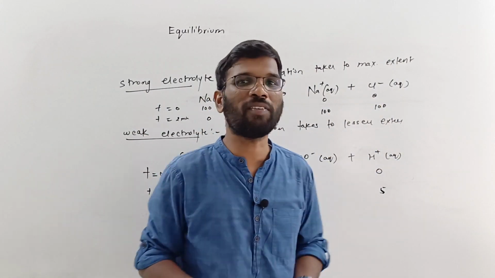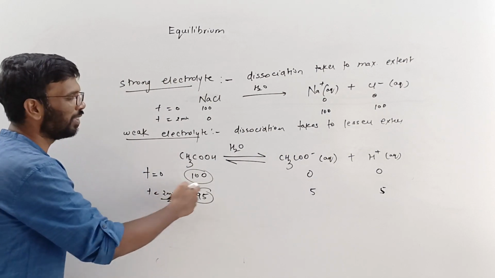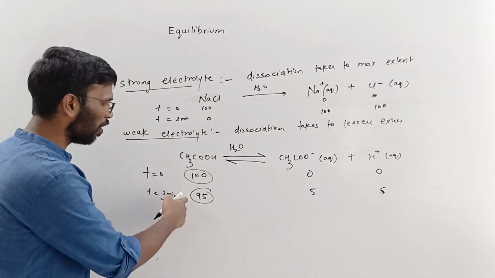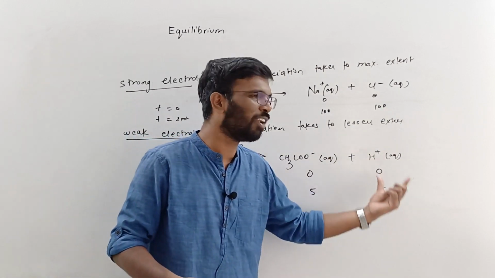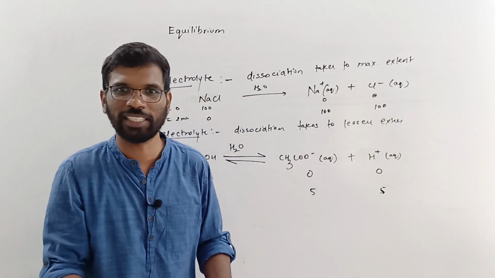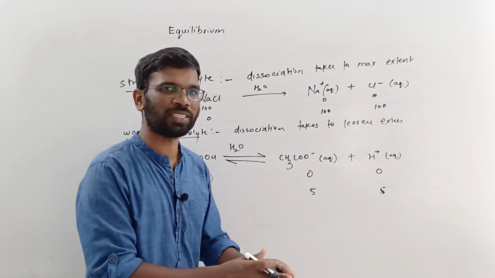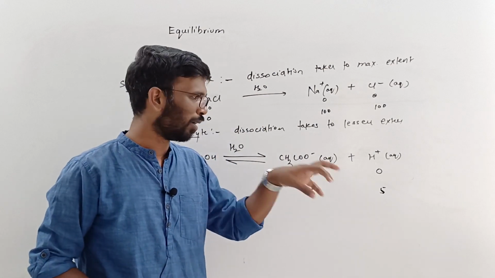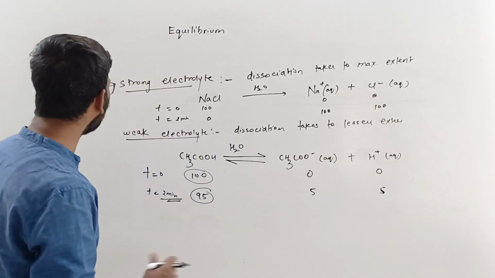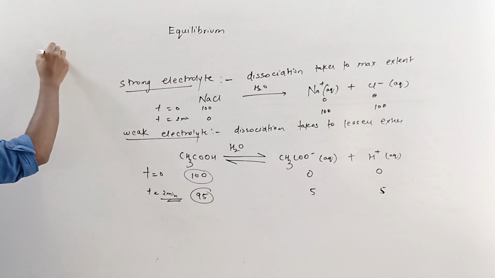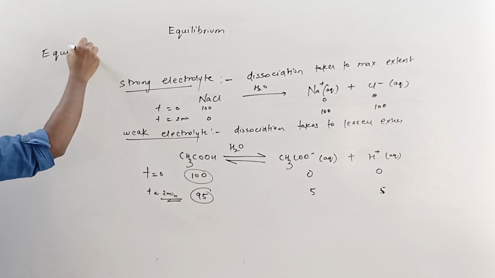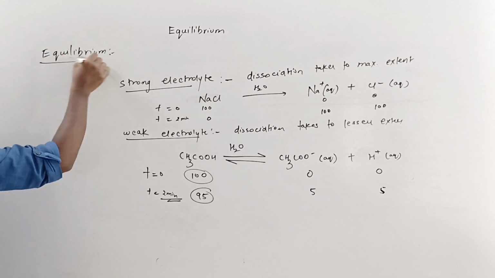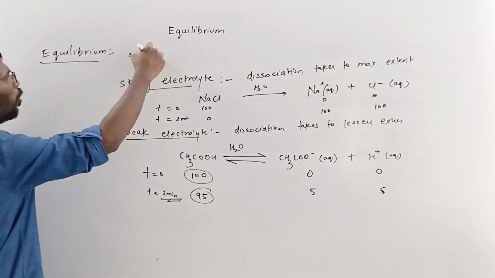Now equilibrium is going to exist among these. To our eyes, the 5 CH3COO minus and 5 H plus are there as they are. This has taken place and the 5 has remained as it is. But what is equilibrium? Equilibrium by definition, I'll write this,